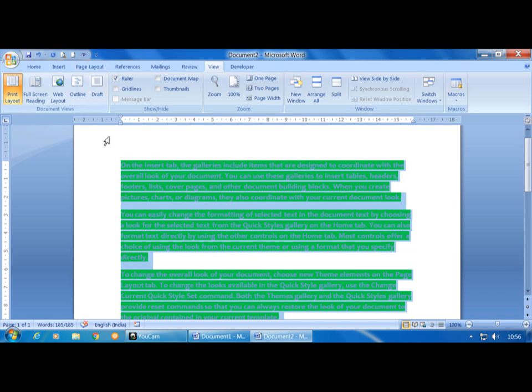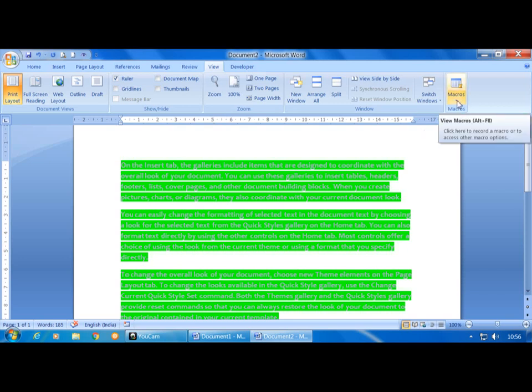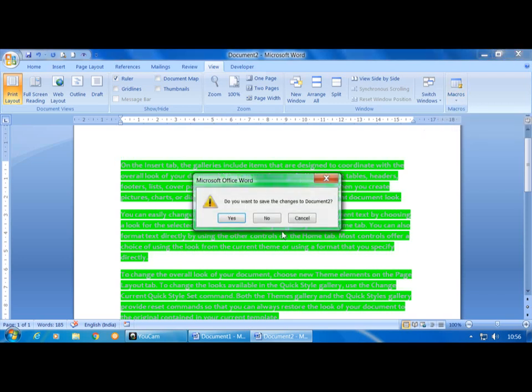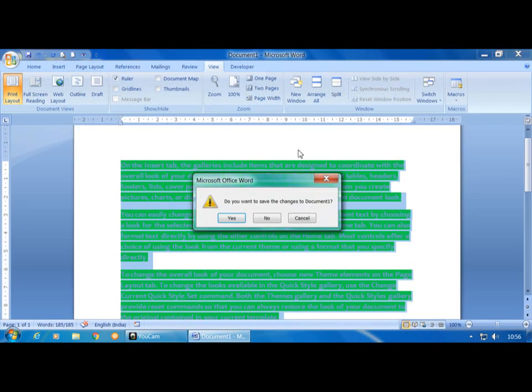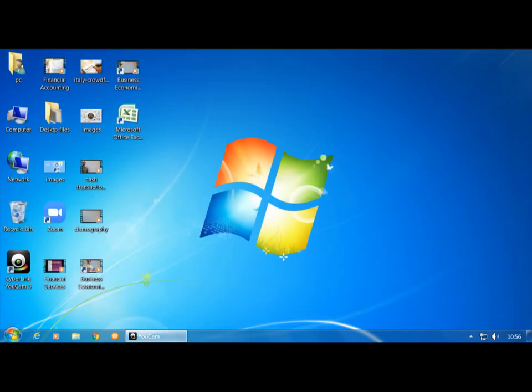When we click on this, automatically whatever you have recorded will apply to the text. Then one more option for recording is by giving the shortcut. So I will show the last option, how to record and store.